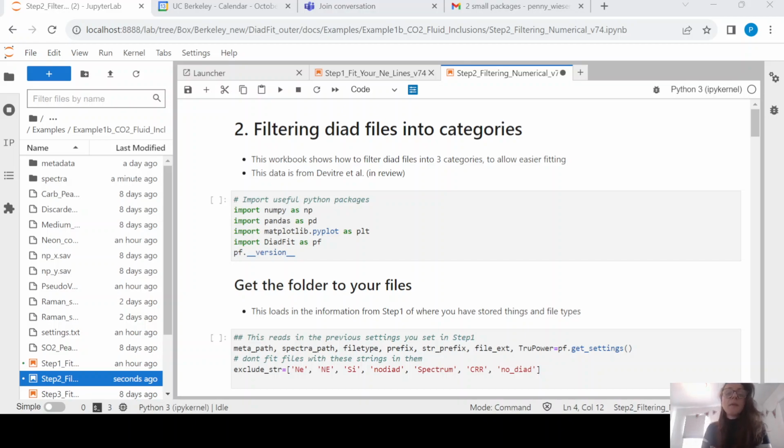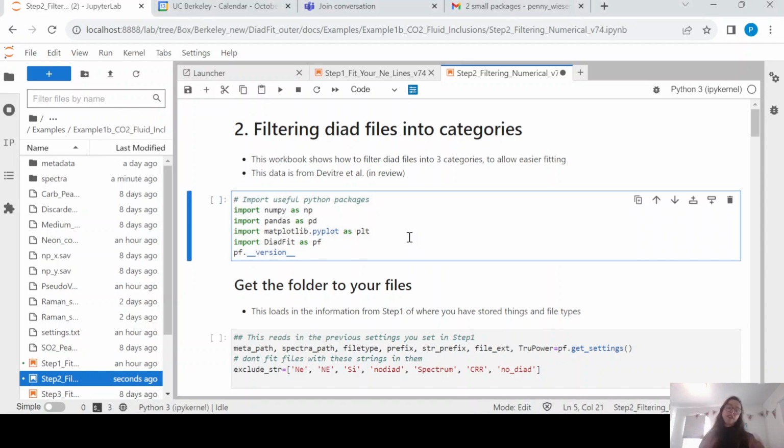This is the second part of the 4-part series on how to fit diode data, specifically from a WITec instrument, using the workflow that we use here at UC Berkeley. We have already run our neon line correction model, and I recommend you watch that YouTube video first. Now we're going to start looking at the Spectra file, so our actual acquisitions of, say, melt inclusion vapor